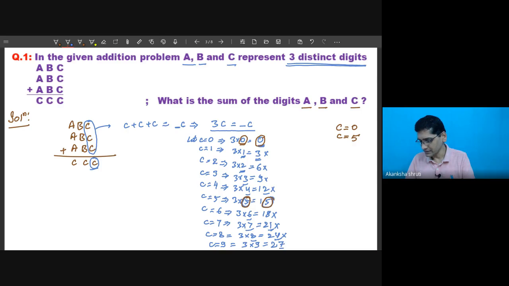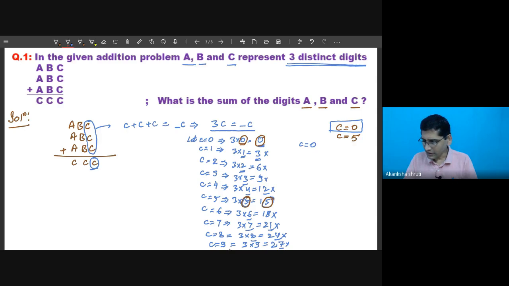27. Again, it is not possible because the unit digit of the sum we are obtaining is 7, but the unit digit of the number added is 9. So this way we are getting that the possible values of C could be 0 and 5. Now we shall think a bit more whether this 0 is possible or not, or whether this 5 is possible only. For that, if we observe carefully, then we can say that